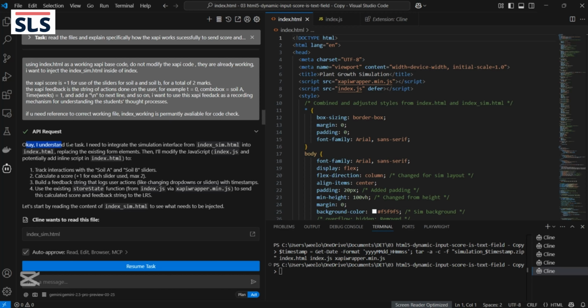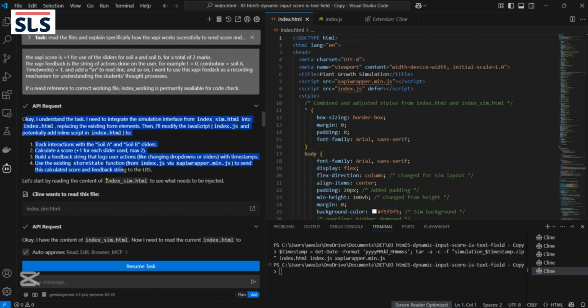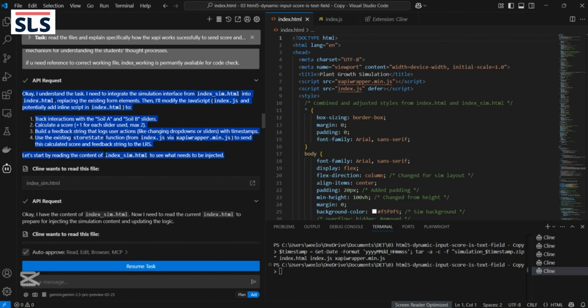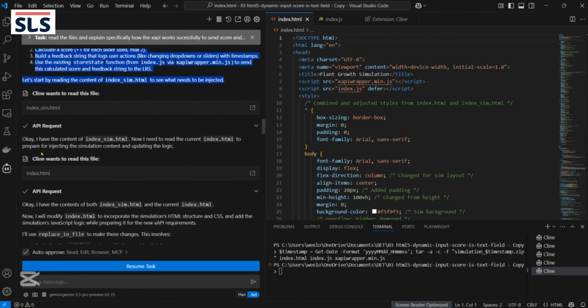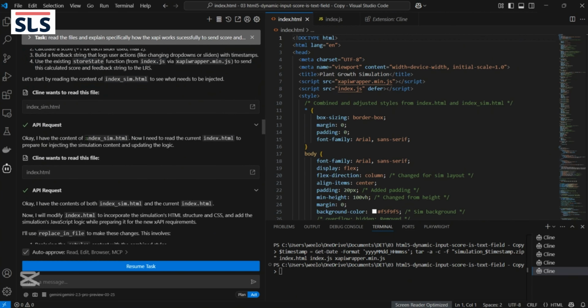Okay, and then the AI will say something like it understands, and then you can see the planning by the AI is fantastic. This is the AI that can do very high level performance as an assistant. So then it will read the file, it will prepare the content by basically reading the correct SIM as well as the correct